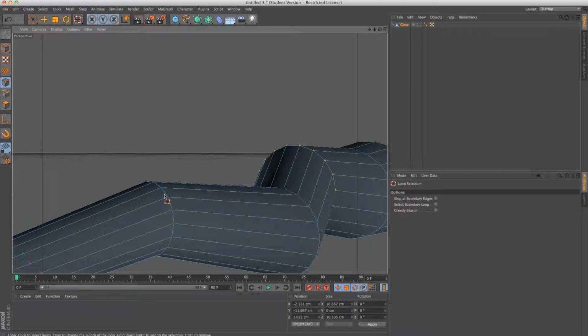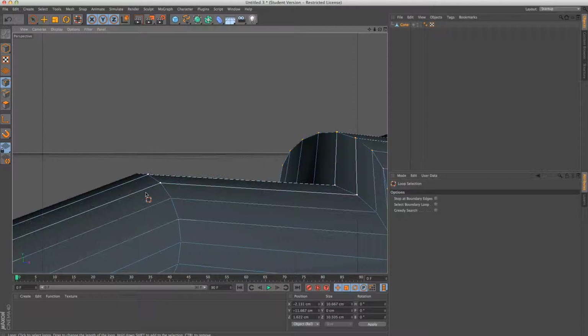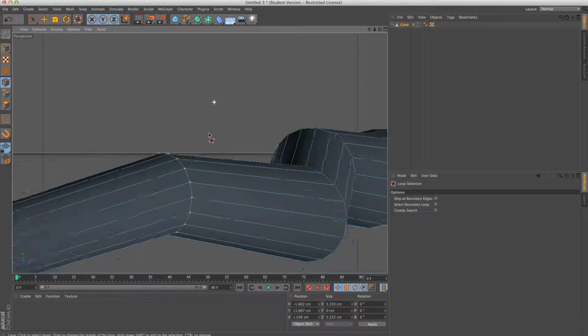And I'll zoom in here so you can see this a little bit more clearly. The way that this is working is that if I roll my mouse over an edge, it'll make a selection of whatever component mode I'm in. So I'm in point mode. If I roll my mouse over an edge, in the direction that that edge is running, it will select all of the points around that edge. So I'll just roll my mouse over that edge, click, and now I've selected all of the points in that